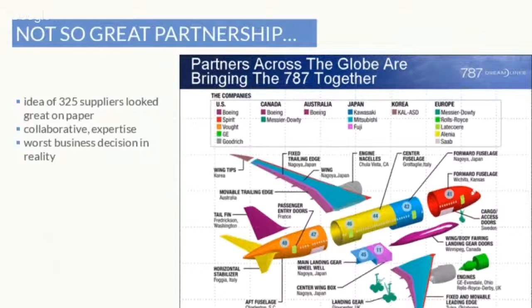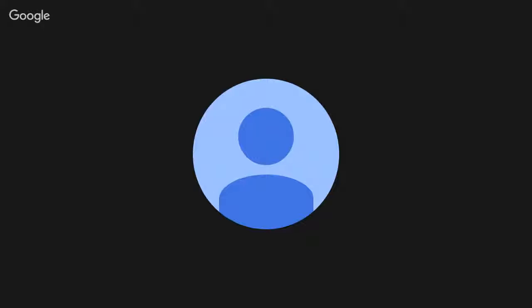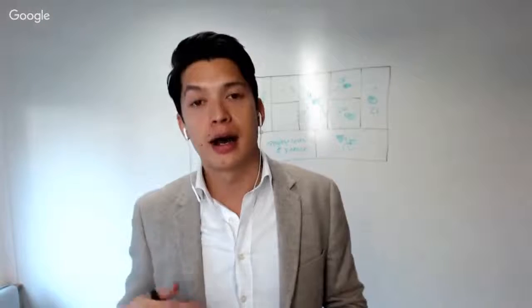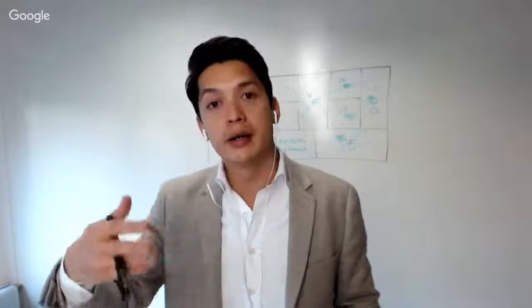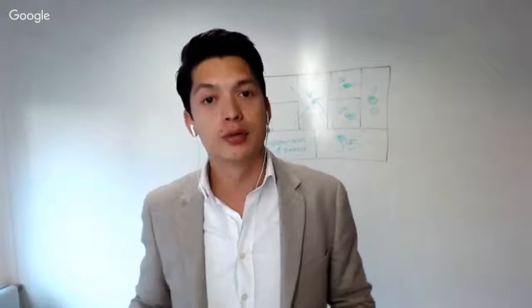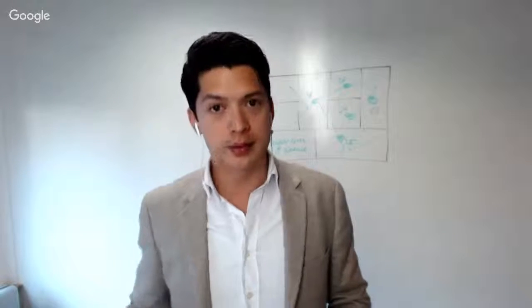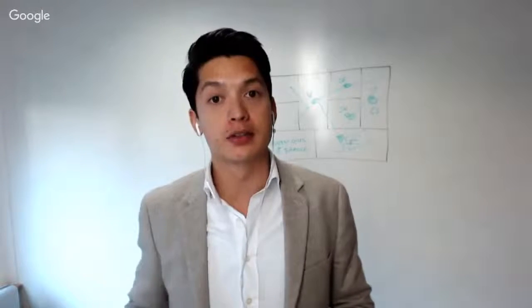So in this example, it's not just to bash Boeing, of course, but to show you that even the smartest companies in the world sometimes make decisions and mistakes when it comes to partnering that look great on paper, or look great on spreadsheets, or look great on the first couple of conversations that you have with these partnerships. But partnerships in the end, of course, should be about delivering a higher value to your end customer, or delivering a greater customer experience at the end. So that's really important to keep in mind, and hopefully this example can get you thinking about establishing partnerships.